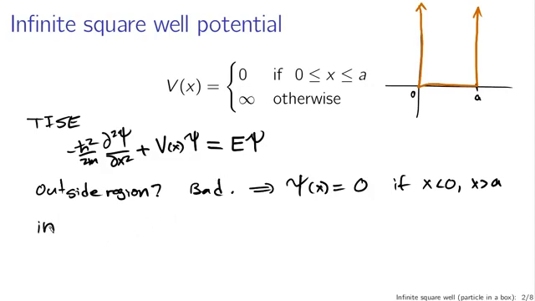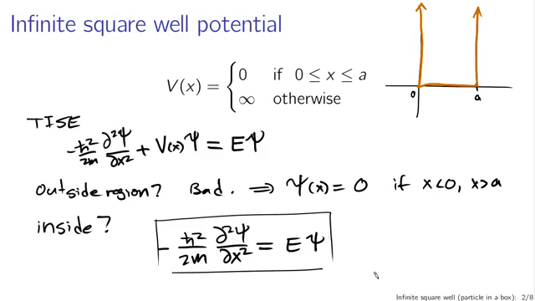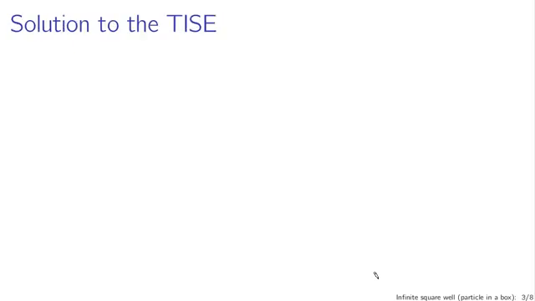Now, what if we're inside? Then V of x is 0, and we can cancel this entire term out of our equation. What we're left with then is minus h bar squared over 2m, second partial derivative of psi with respect to x, is equal to E times psi, just dropping that term entirely. So this is the time-independent Schrodinger equation that we want to solve. So how do we solve it? Well,